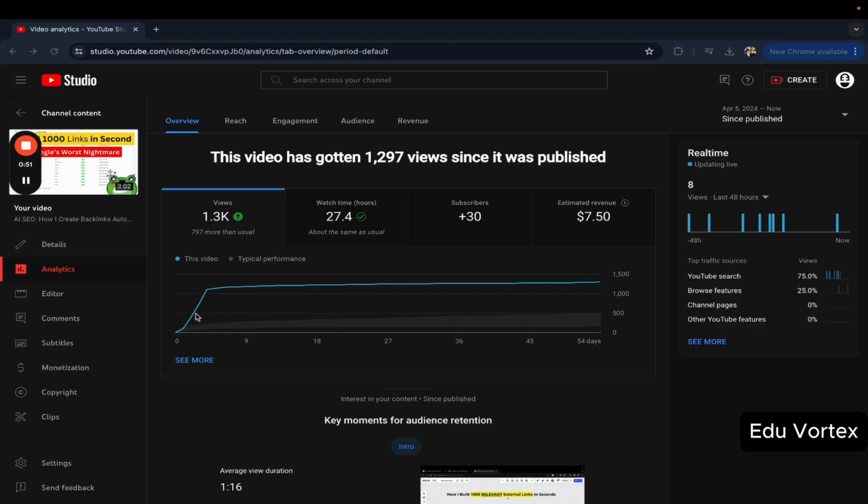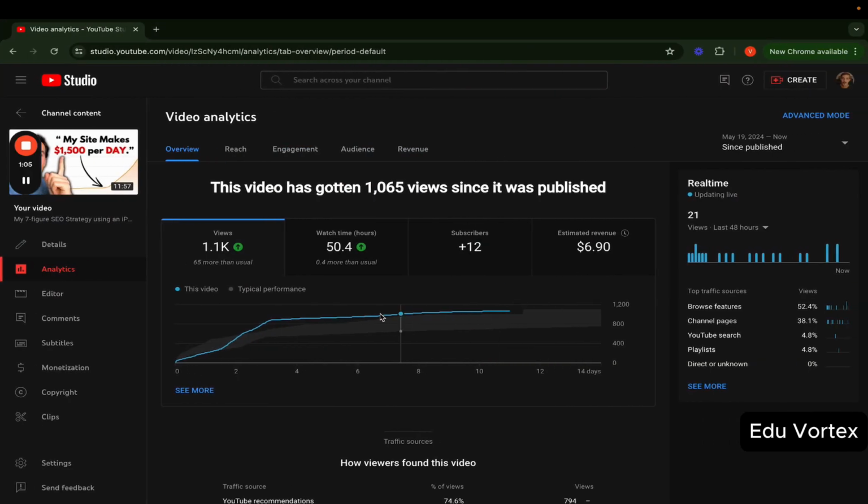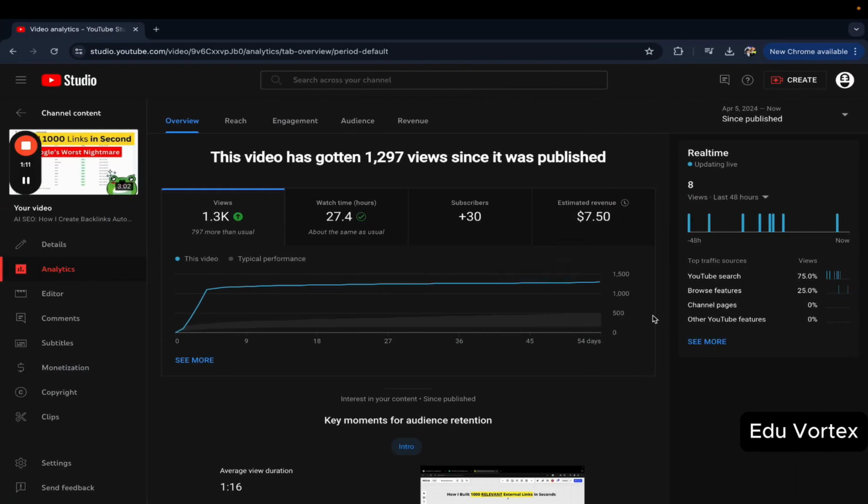It does this over and over again until it pushes it a bit further and it doesn't get as many views, so eventually it stops pushing it and it stagnates. So most of your videos will look like this: push and then just a horizontal line, right? Most of them are like push, horizontal. Some of them do tend to go up, but they tend to just flatline.